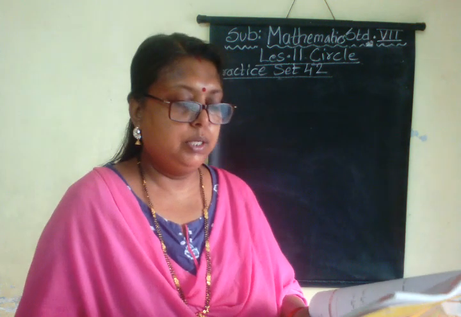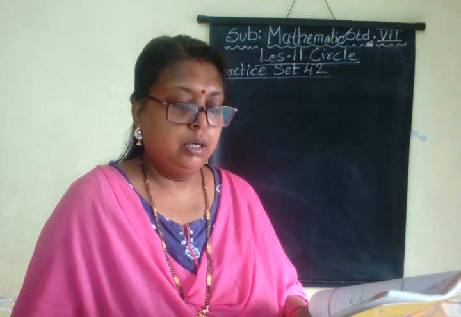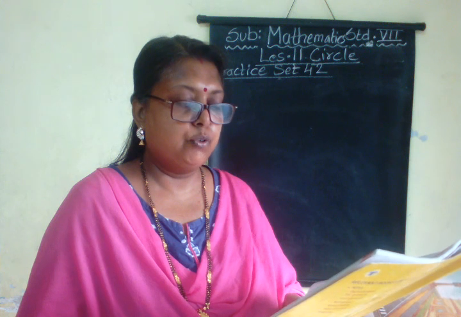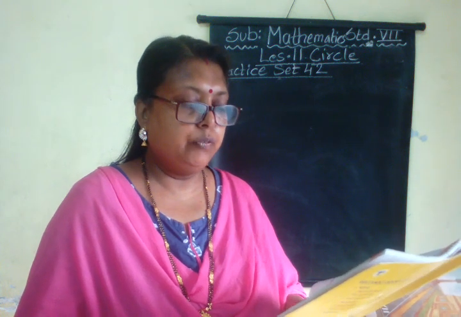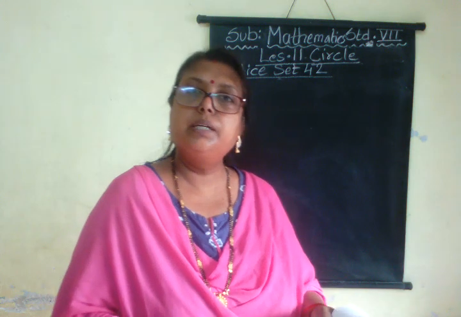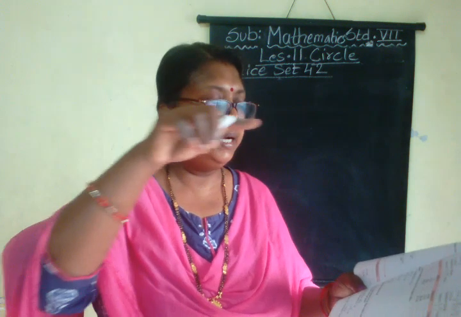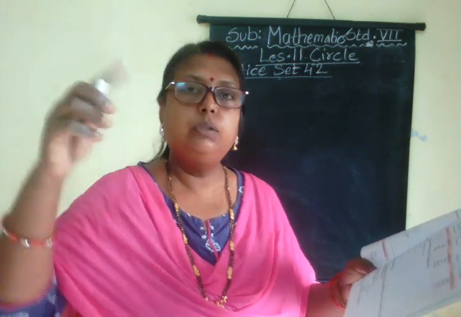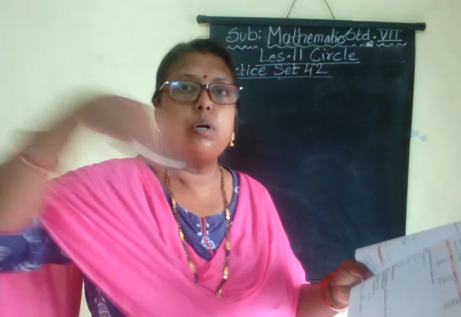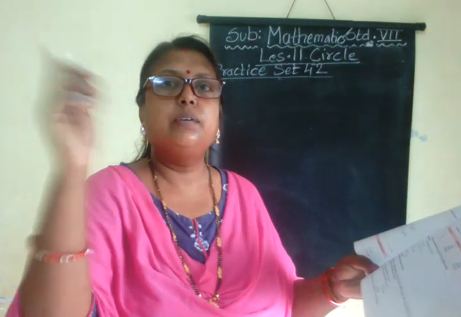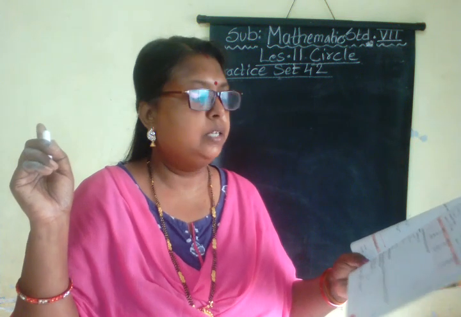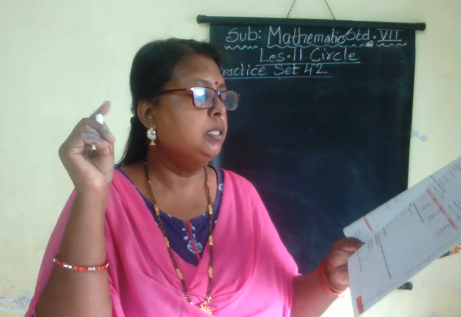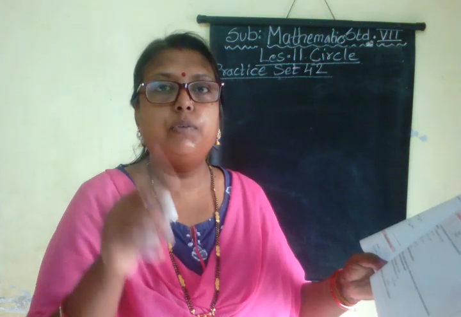The radius of a circular garden is 56 meter. What would it cost to put a 4-round fence around this garden at a rate of ₹40 per meter? Means there is a garden which is circular in shape and its radius is given as 56 meter. From this you have to find out that to that garden you have to put 4 rounds of fence. Fence means the security covering which is there over the side. So 4 rounds, not one single round, there are 4 rounds and the rate is 40 rupees per meter. So what will be the total cost?